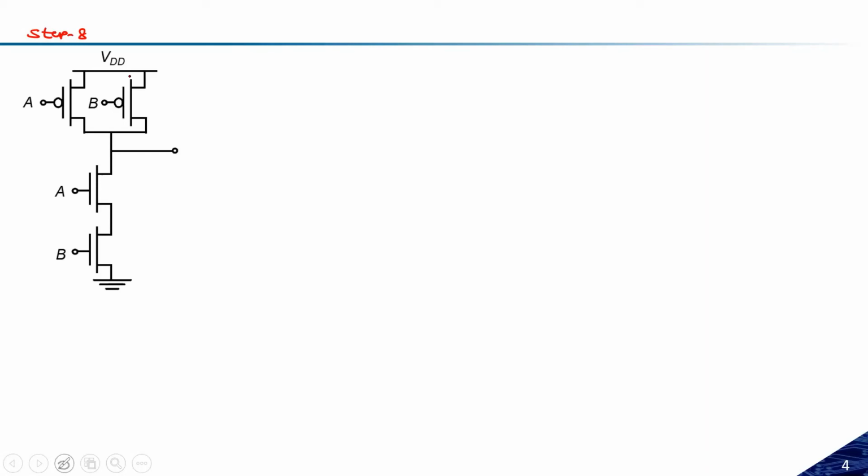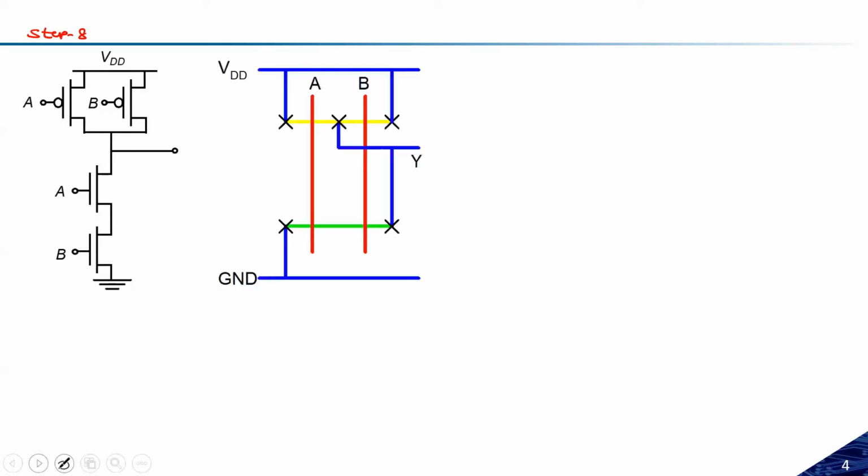What we need to do is create one VDD with the blue color, one ground with the blue color. We need to make the diffusion of both the PMOS transistors with the yellow color, and then the polysilicon with the red color, and similarly the diffusion for the NMOS transistors with the green color and the polysilicon with the red color, and then we need to connect it. Because you know the fundamentals of how to design the layout, I have just quickly come up with this one. So this is the layout of this particular circuit, whatever we have here. Here what we have done, we have the polysilicon.